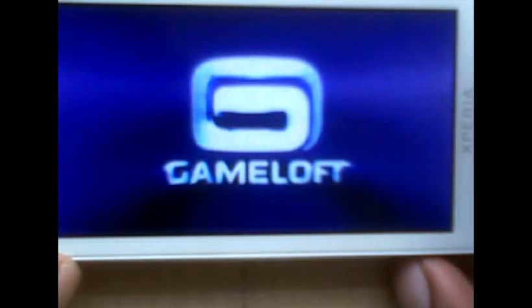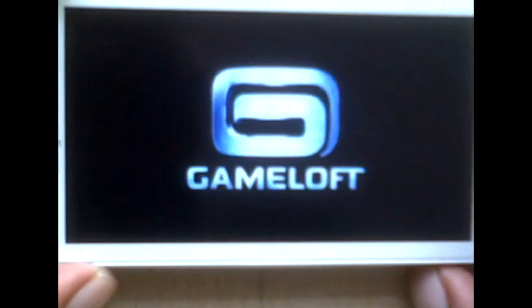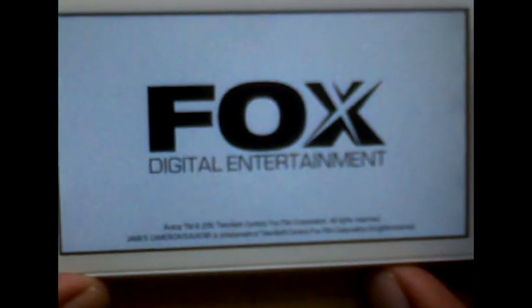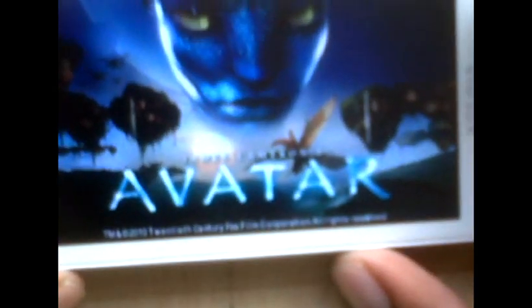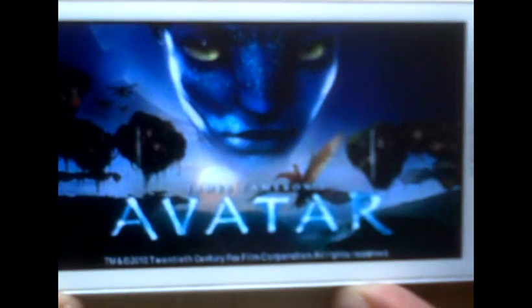Something else is the good gaming experience. Games are very smooth. I'll show you one of the 3D games, Avatar, which is working on the Xperia. These games are nice for the Xperia, and it will support all the games with high definition.